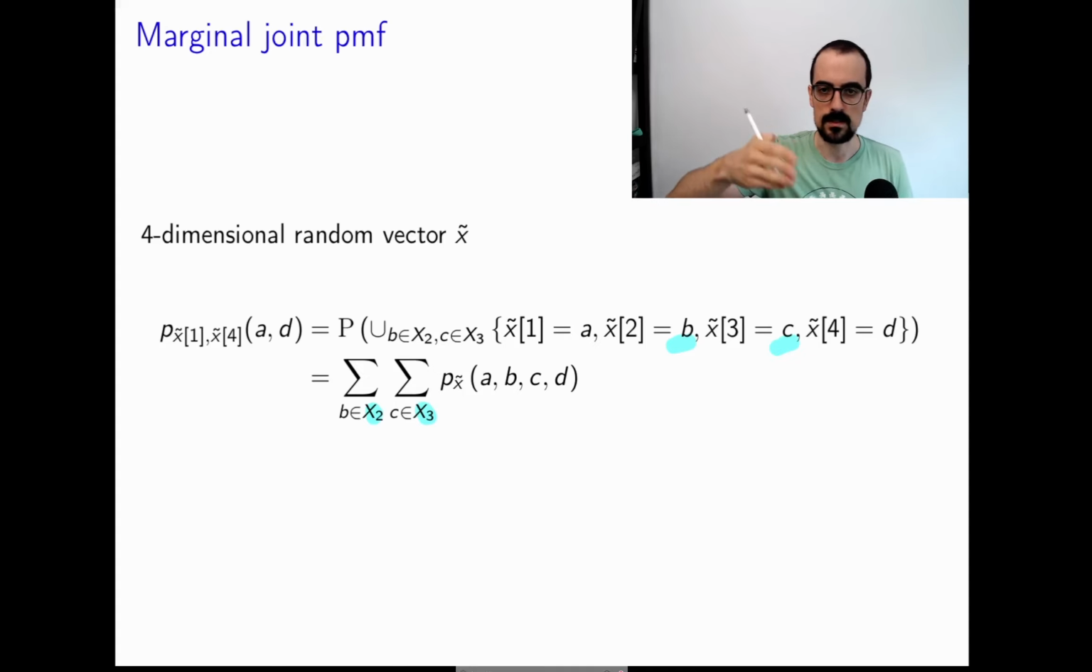That's how you compute the marginal joint PMF of the first and fourth entry. That's how you do it. Okay, so let's look at an example where we have more random variables, because in the case of the movies we only have two, so I can't really